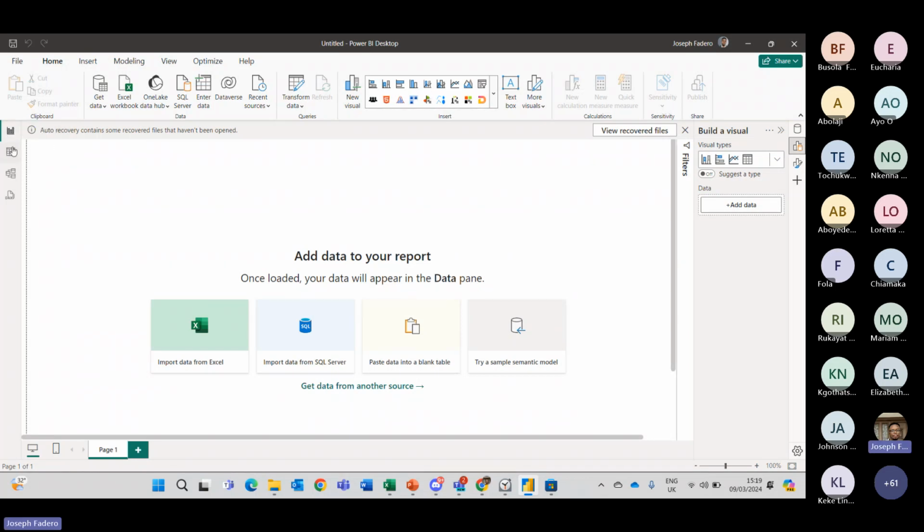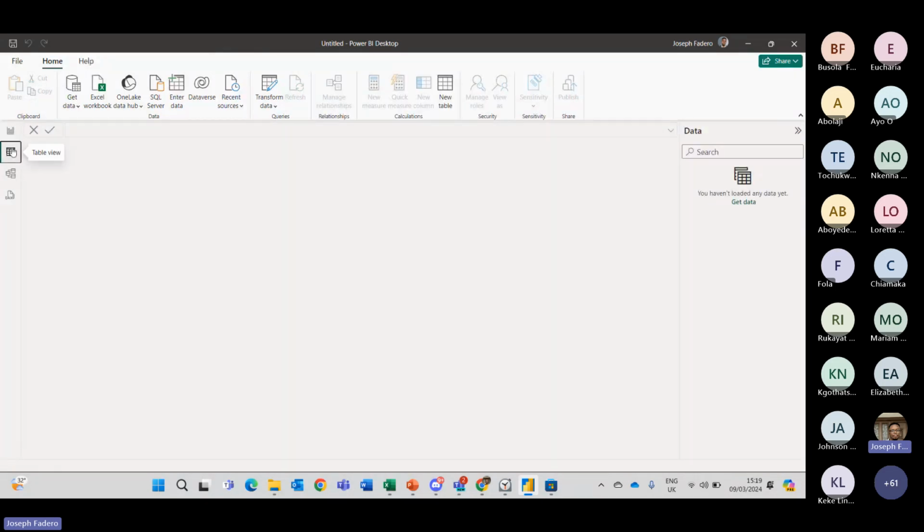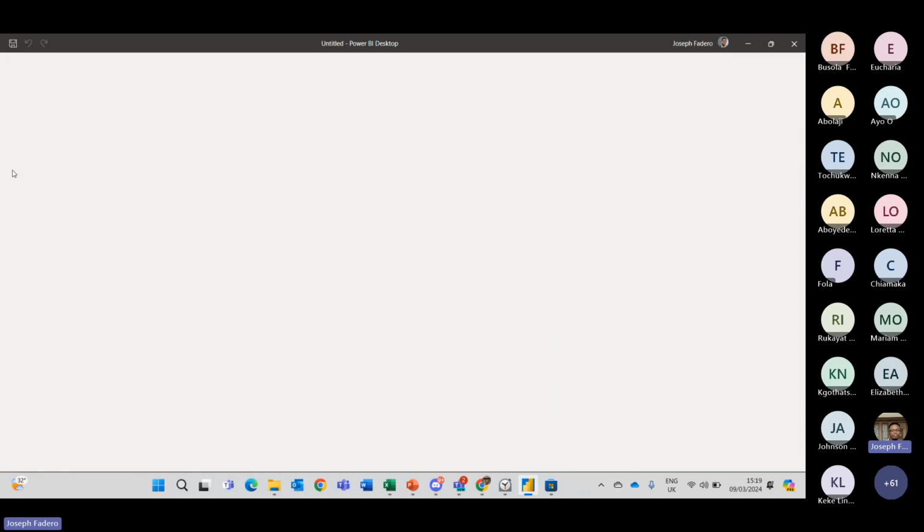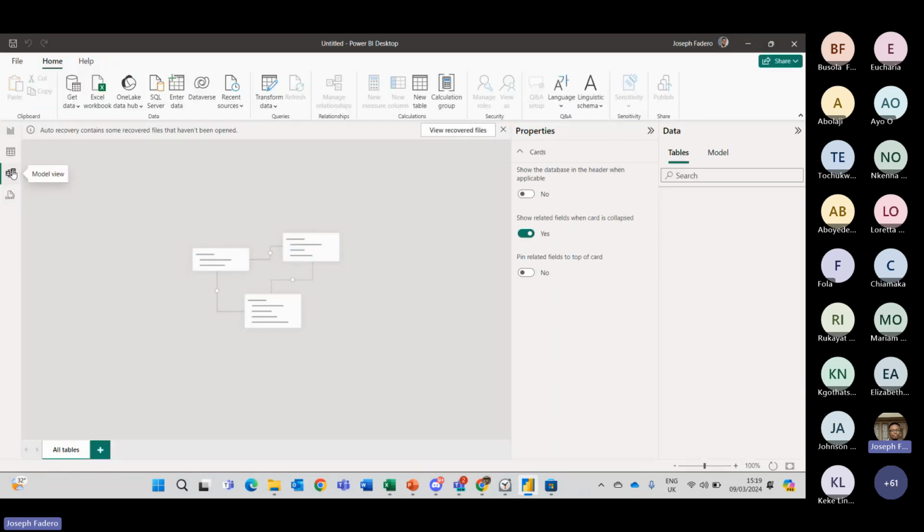You have your table view. So this is where you can see the data that has been loaded into your Power BI. You can just have a look at the data you brought into your Power BI. You have another view called your model view by default. This is where you do your data modeling. I'm sure we've been introduced a bit into data modeling in Excel.